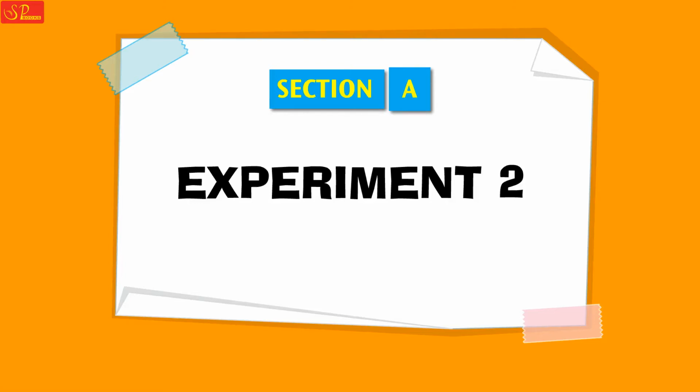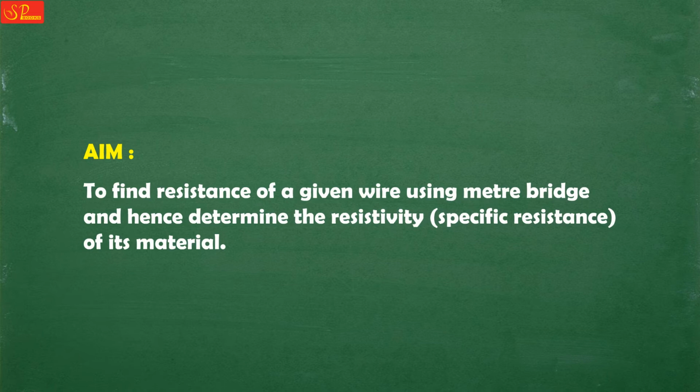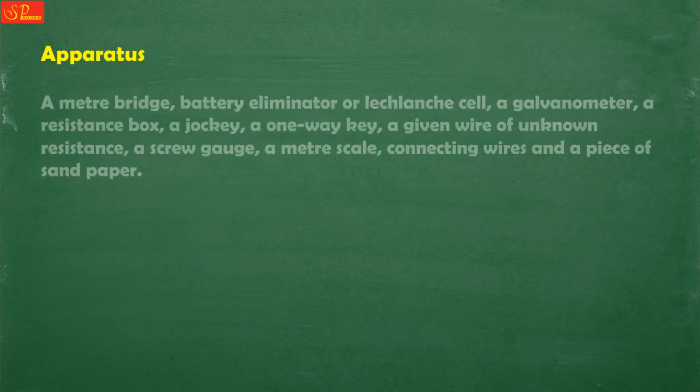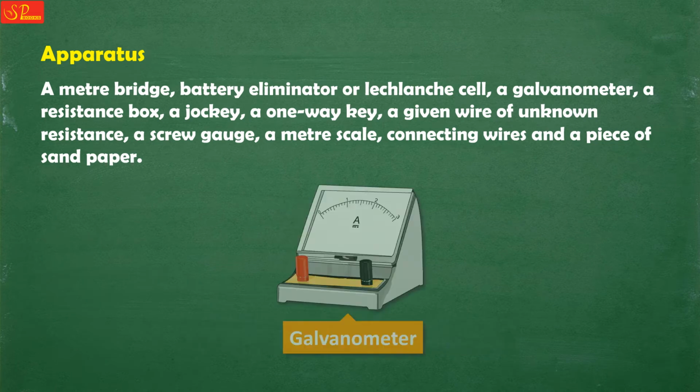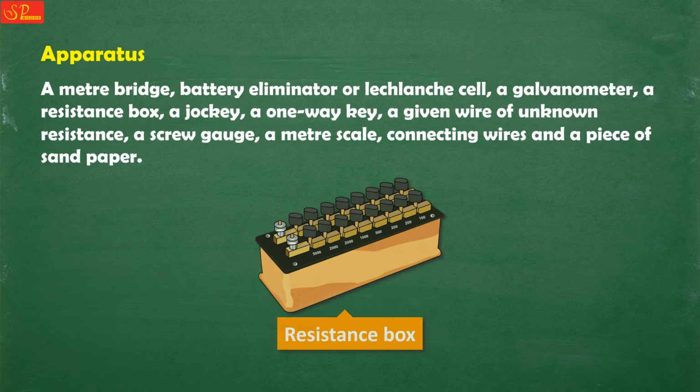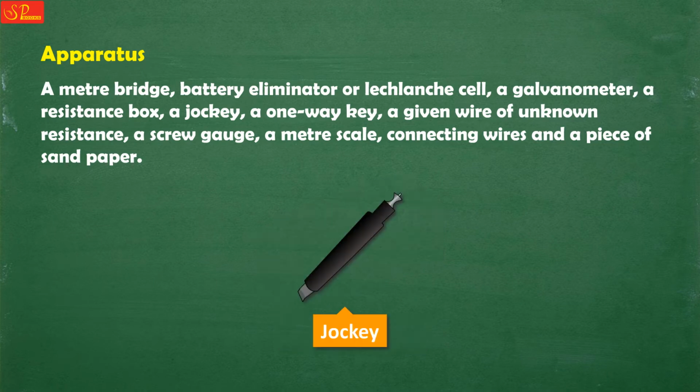Experiment 2. Aim: to find the resistance of a given wire using a meter bridge and hence determine the resistivity (specific resistance) of its material. Apparatus: a meter bridge, a battery eliminator or Leclanché cell, a galvanometer, a resistance box, a jockey,